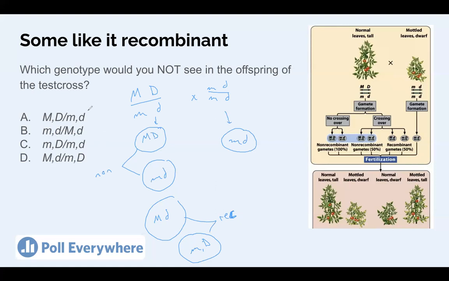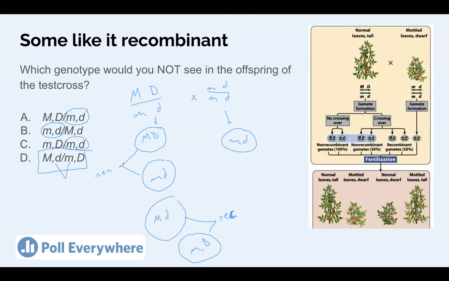And the thing that is wrong about one of these answers is that one of them does not have a gamete that could be made by the test cross parent. So in this case, answer D, we know the possible gametes that could come from the heterozygous parent, but those would all have to combine with only one kind of gamete that would be produced by the test cross parent. So this is not possible if you're doing a test cross,